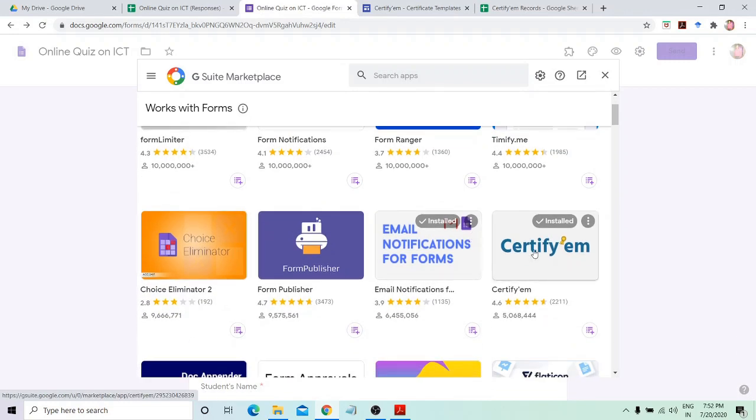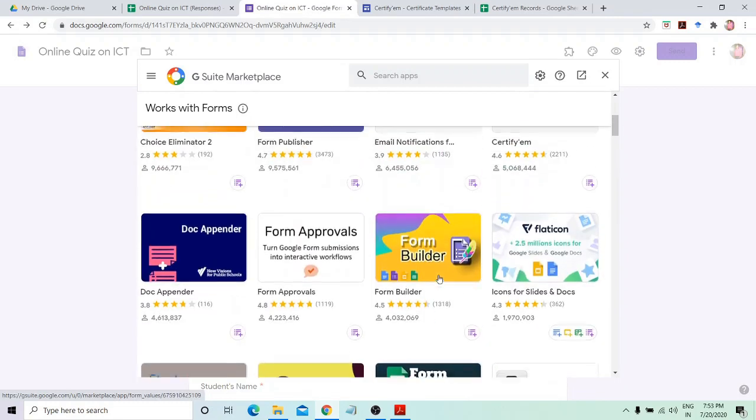For example, Certify-M is used for automatically generating certificate, and email notification for forms, it is used for providing time constraint on your Google form.